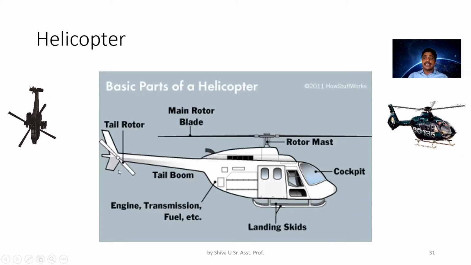Here it is. The tail rotor is called an anti-torque rotor, because if I forget to keep the tail rotor on my helicopter, the helicopter will start rotating in the direction of the main rotor. The main rotor generates thrust, but it also gives a net torque on the body. To cancel that moment, an anti-torque is given by the tail rotor, located on the tail.